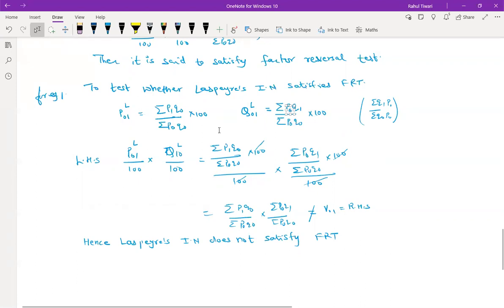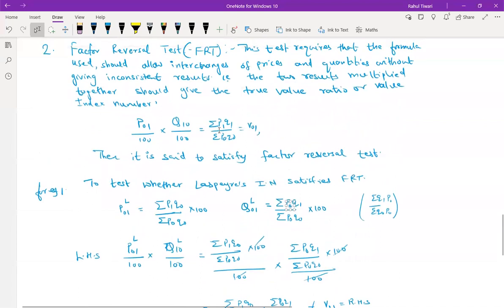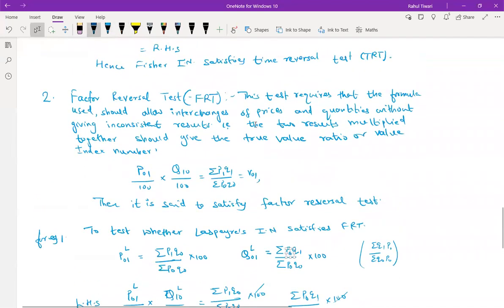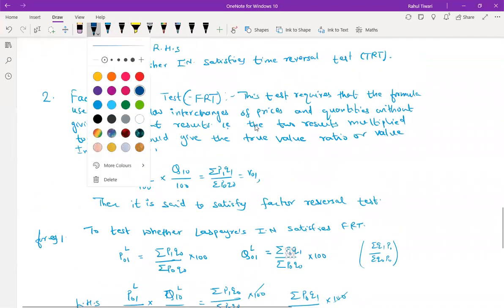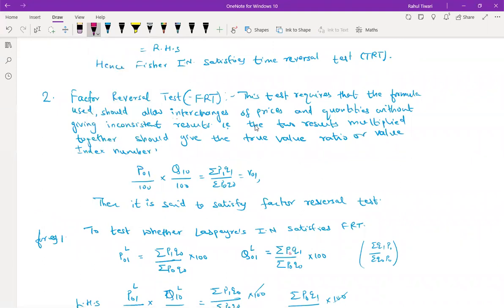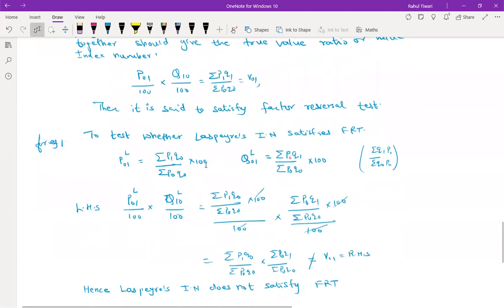So price and quantity are interchanged. What statement have they used here? They have used here that it is interchanged. So you can interchange the price and quantity. So you can look, this is 1, this is 0. So I did the opposite: in quantity, 0 and 1, and here 0 0. If you interchange, you will get 0 0 only.